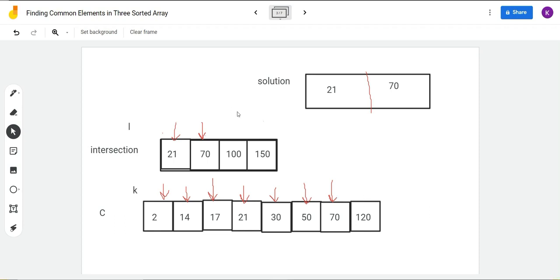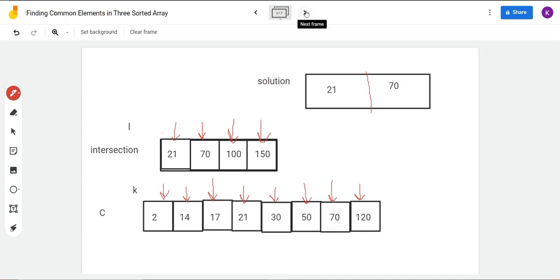We move further and we find 100 and 120. Here we see 120 is greater than 100, so we'll move further in this array and we'll reach the end of the array. As soon as we reach the end of the array, we will stop the while loop, and here we get our solution that contains 21 and 70.